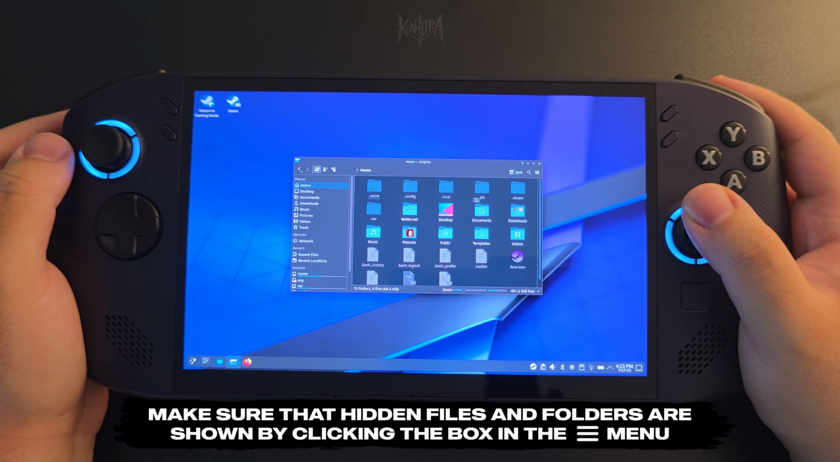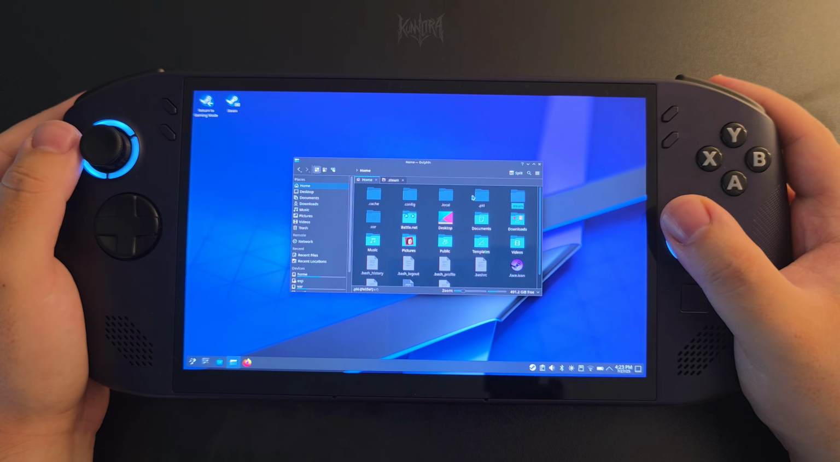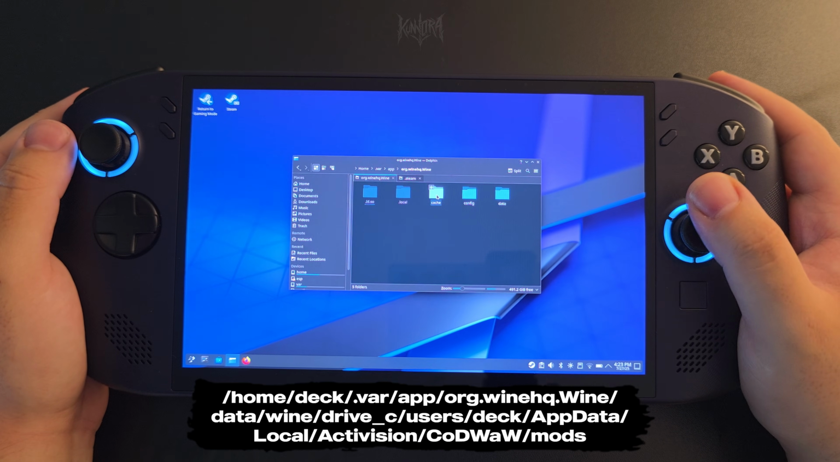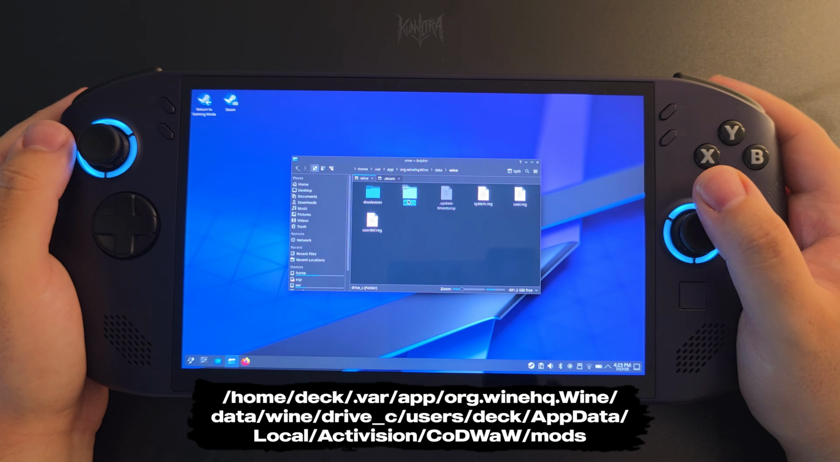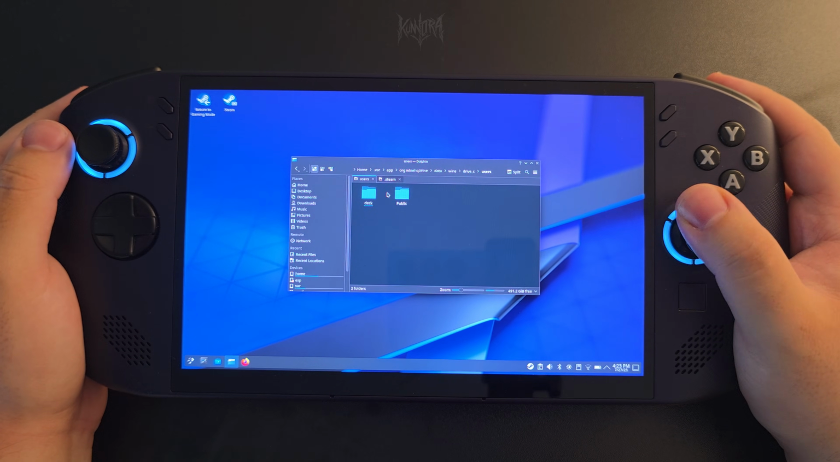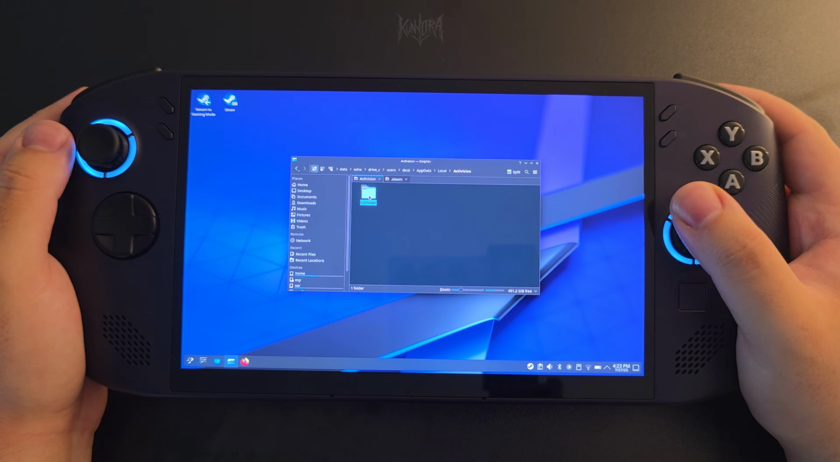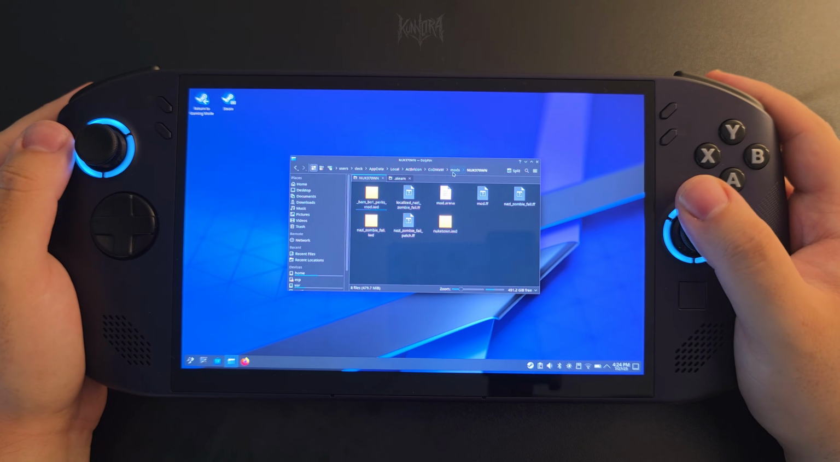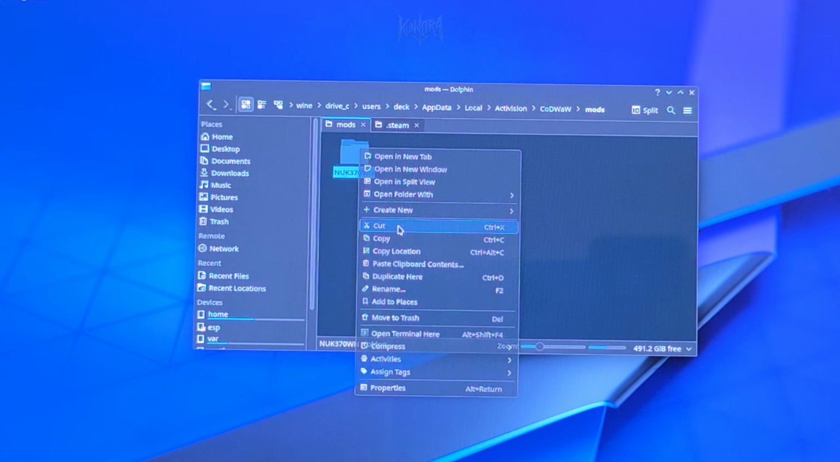Now, the way we do that is in the file browser, you'll want to navigate to the directory that you see on screen. It should be exactly the same on your device as well. It's a bit of a long directory, but once you get there, you should actually see the folder of the map that's just been installed. And inside that folder, of course, is all of the necessary files. So in the newly generated mods directory, simply cut or copy the folder of the map,